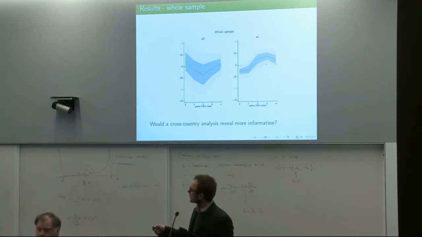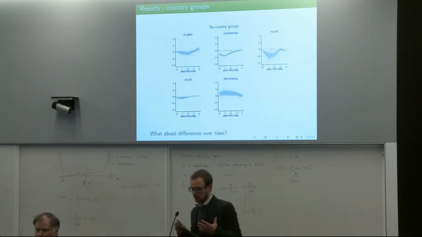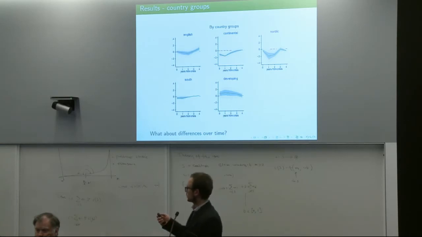It's very hard to distinguish this impact from zero here, but it's worth noting the general pattern. A decrease for the very rich, an increase for the relatively poor within the rich. What if we are pulling all information together here, all crises across all different epochs for every country in the sample? So what if we split this information and we try to observe a more complex relationship between inequality and crisis? What we do here is we group the countries according to different country groups